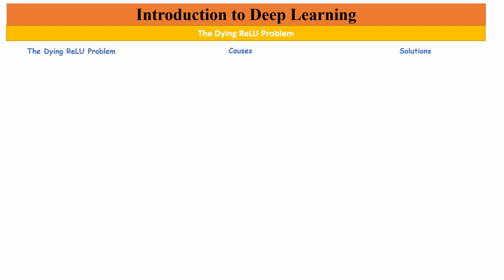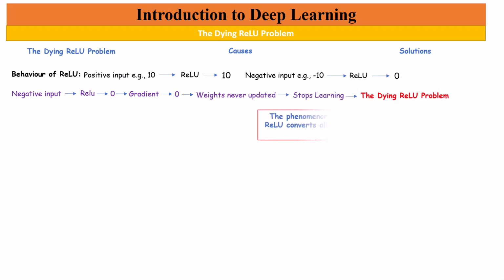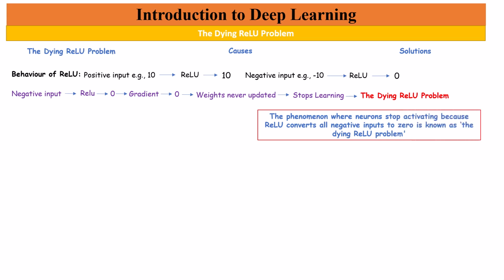To understand Dying ReLU problem, we revisit behavior of ReLU. It is an activation function that outputs the input if it's positive and zero if it's negative. This means that in case of a negative input, output of the neuron becomes zero. Once this occurs, the neuron effectively dies because it stops learning. The gradient is zero and its weights are never updated. So, the phenomenon where neurons stop activating because ReLU converts all negative inputs to zero is known as the Dying